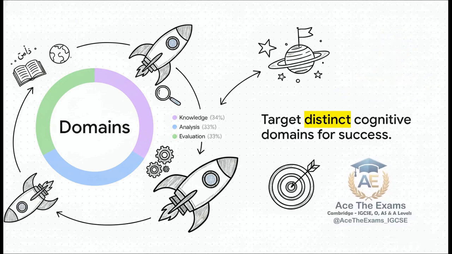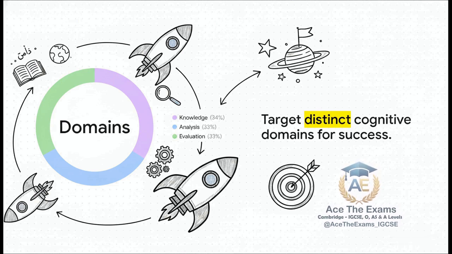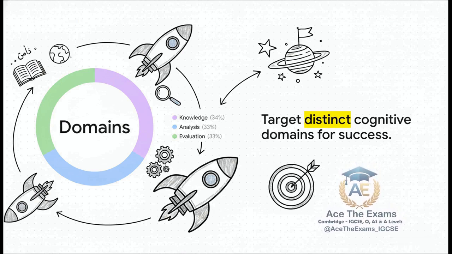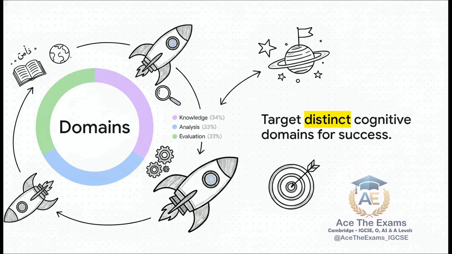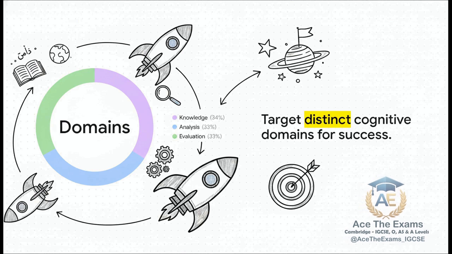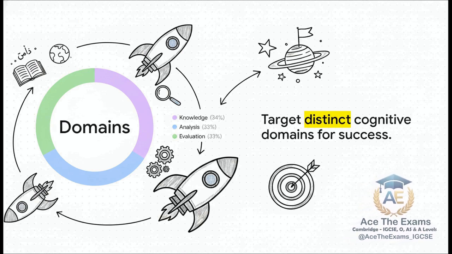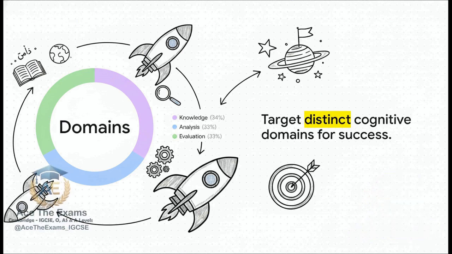But here's what happens on the console all the time. I see students, let's call our hypothetical student Pilot Alex. Alex is a brilliant propulsion engineer. He overloads the system with raw fuel logs, dumping raw facts and data definitions onto the page. But because he only focuses on knowledge, he burns too much energy, writes too much, and completely runs out of time. He never reaches the second domain, analysis.